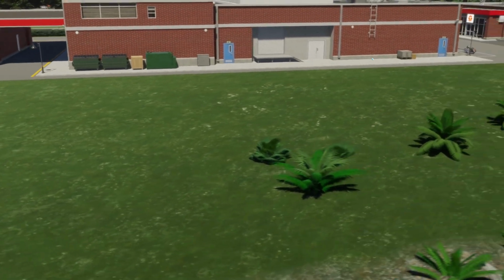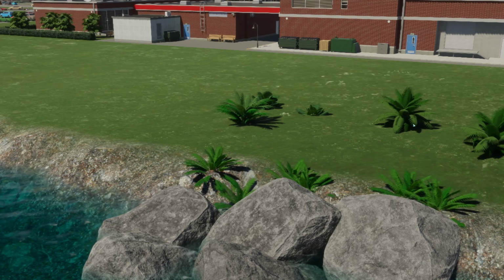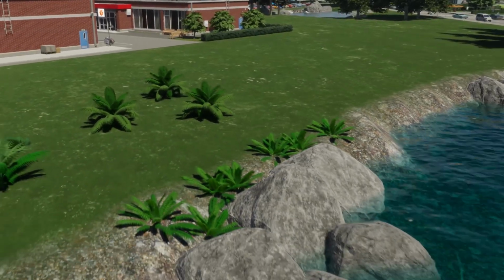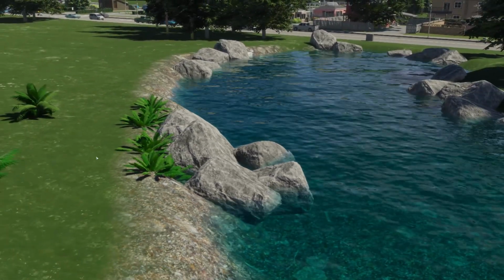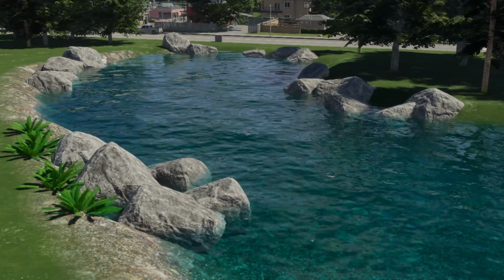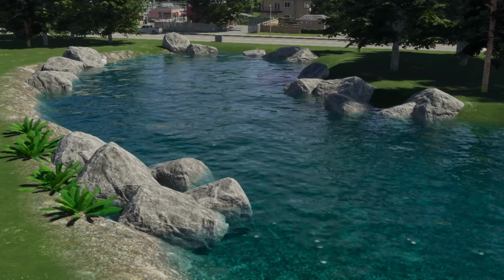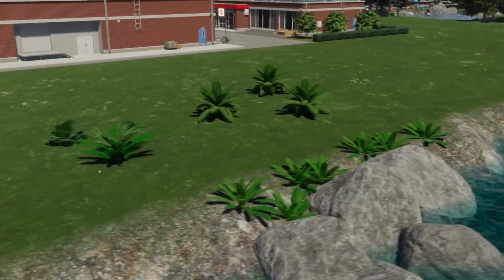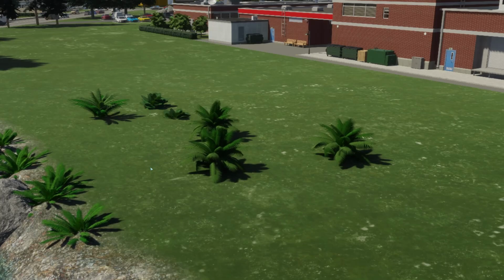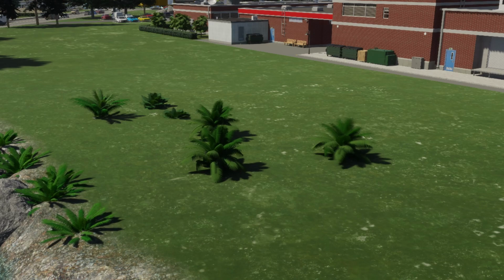It's just kind of nice to find tricks like that with what we already have available, because rather than creating a whole new asset that you have to import into the game that's going to take up memory and space on your computer, you can recycle something that you already have and change it to make it look like something new. And I think these are really, really good, especially if you're doing something tropical. I mean, these are absolutely perfect. Anyway,